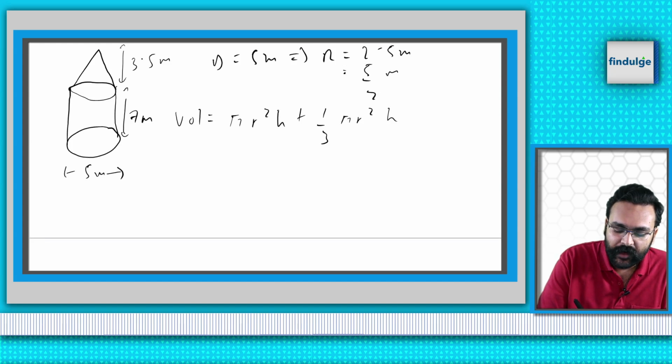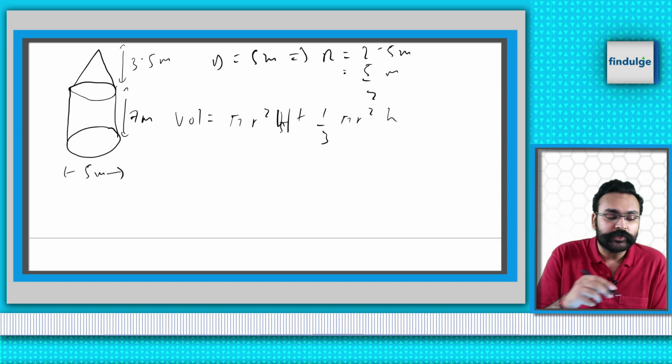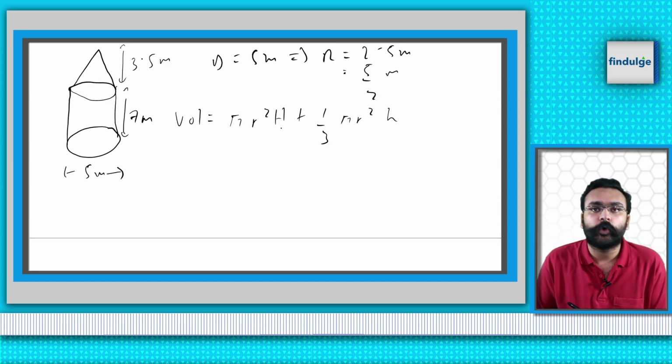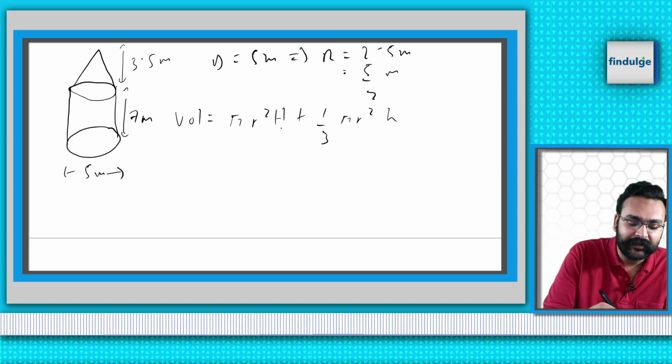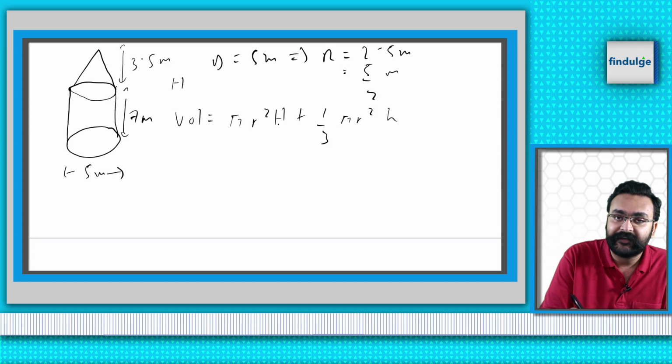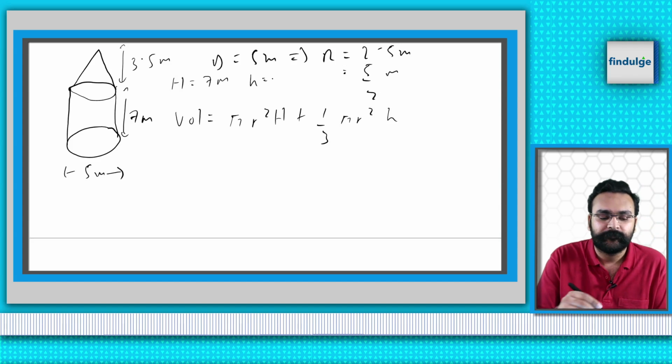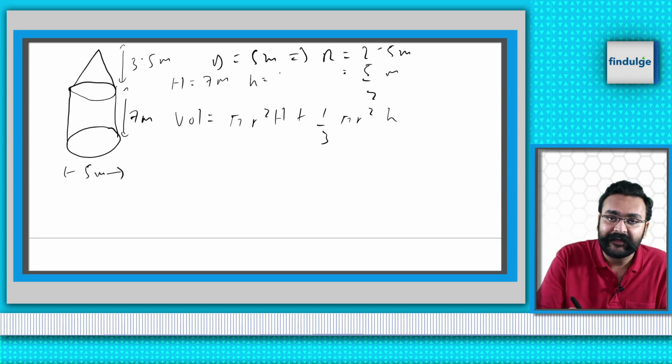Now here I'm actually going to make two different h's, because although our radii are the same, the heights are not the same. So you don't want to confuse yourself, because here clearly the height of the cylinder, which is why I've taken it with the cylinder, is 7 meters, but the height of the cone is 3.5 meters or